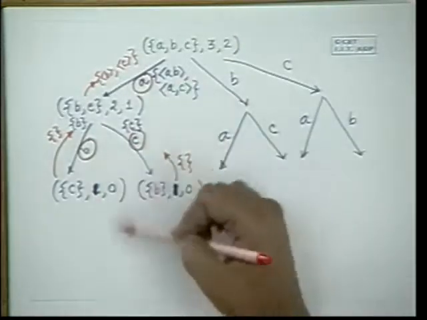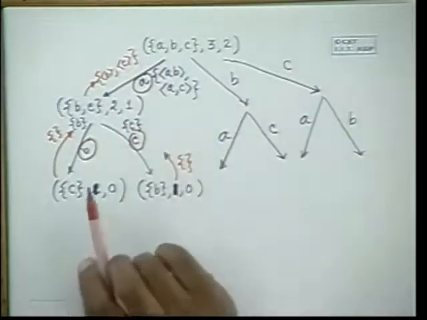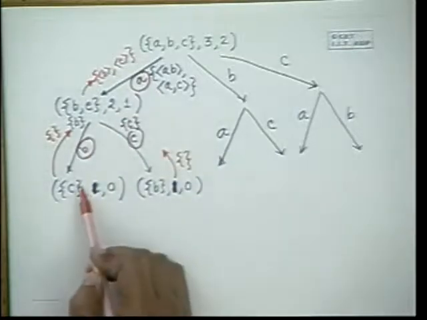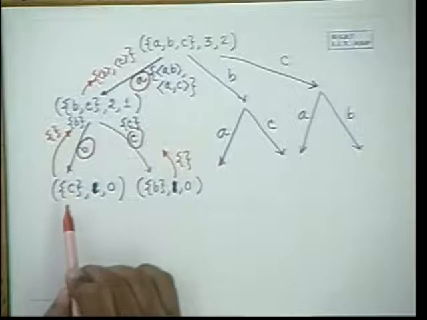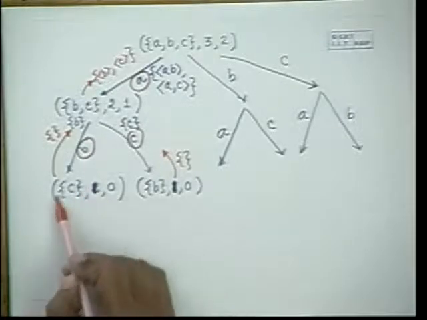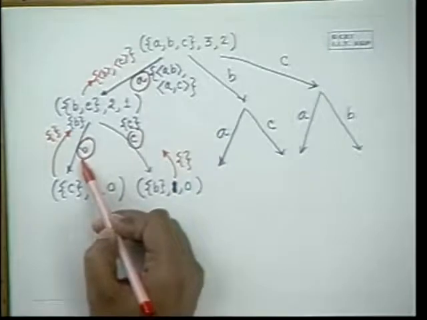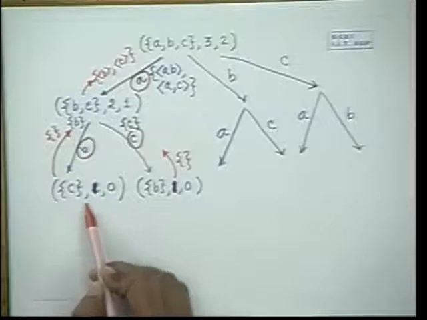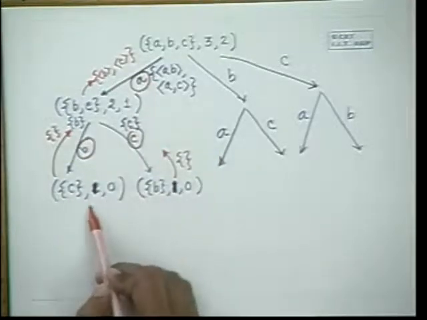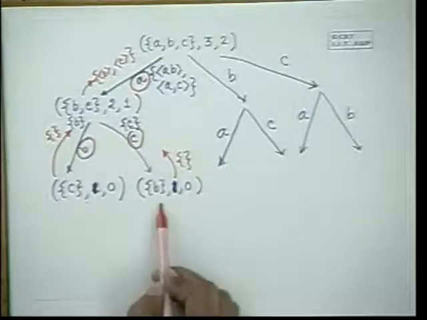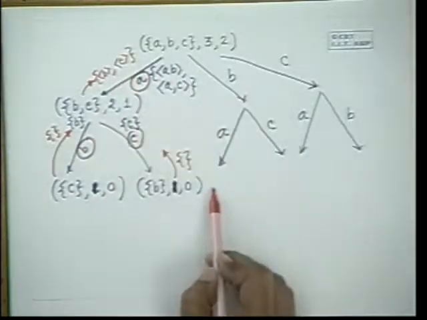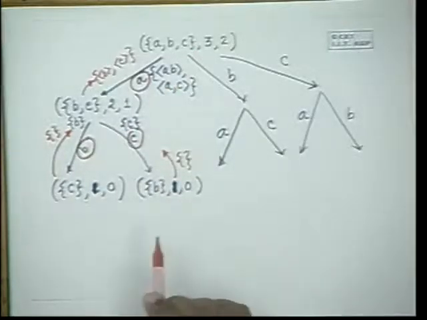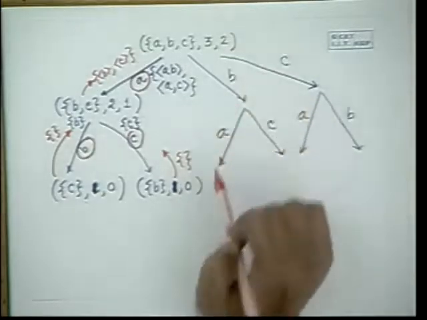So instead of declaring out what we want, suppose we only want to print the result, then at this point we could have printed the result, provided what? Can anybody tell me provided what? Provided at this point, see, at this point we have lost that we have come through A and B. So we don't know that we have come through A and B. But if we had this information, we could have printed it here. Here we could have printed A and C. Here we could have printed B and A. Can anybody suggest how we will do that? Yeah, you pass it through the parameters.